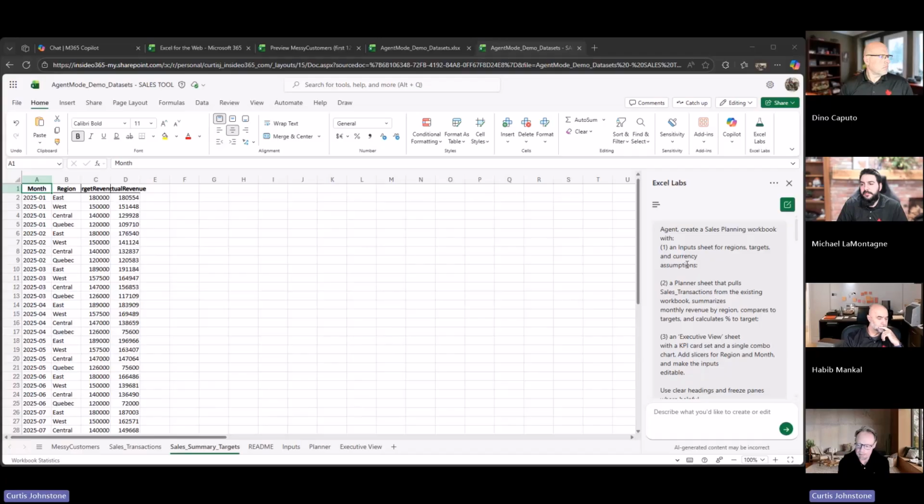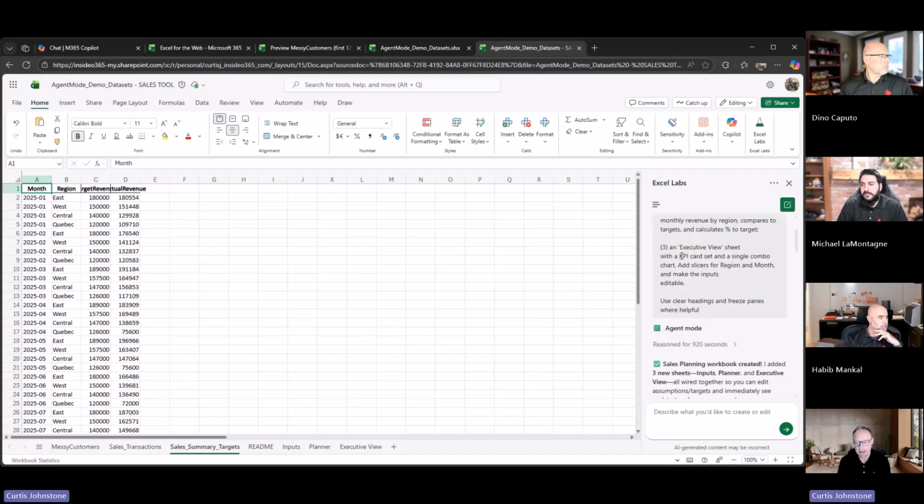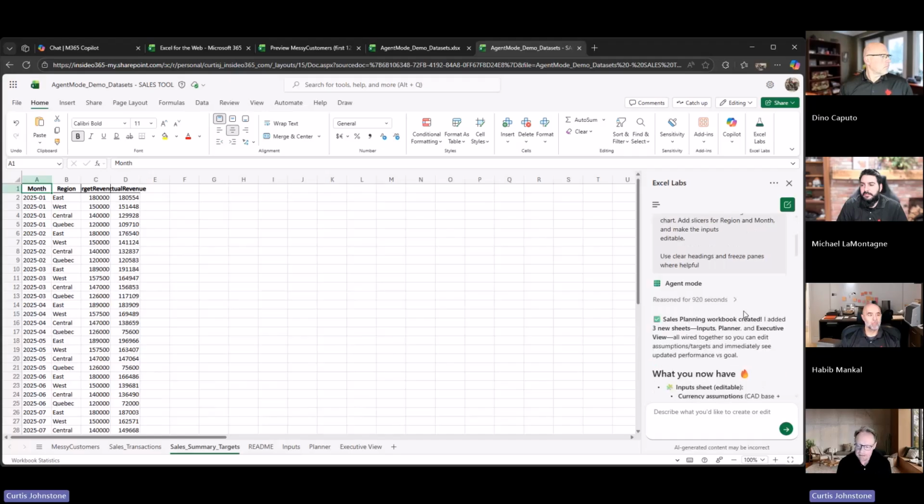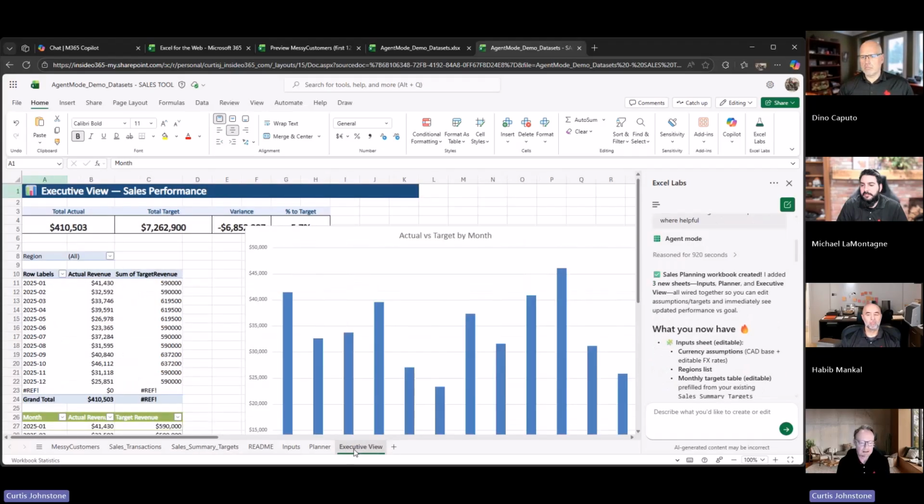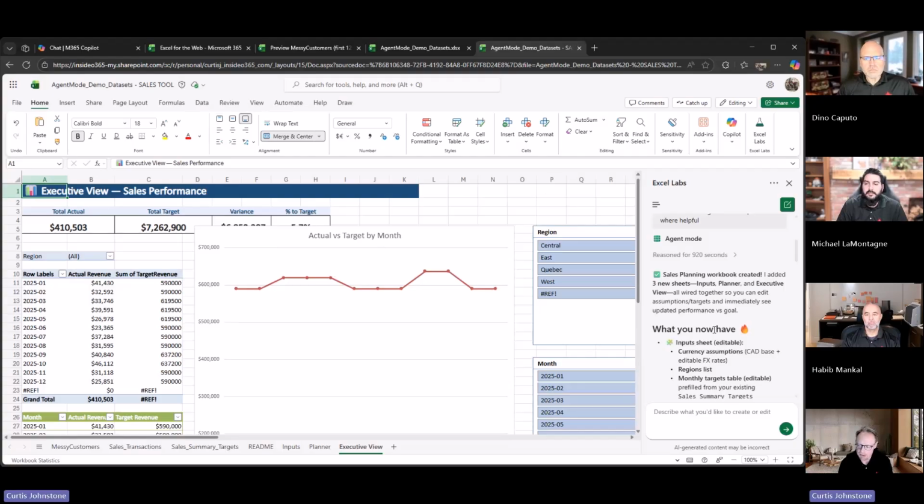And then to pull the data from the sales transaction sheet and summarize it by revenue. And then after that, create an executive view calculator sheet. So this will present a KPI card set with a single combo chart. And it'll actually create this calculator for us, which this went off. This one took a lot longer, closer to 8 or 9 minutes. And I haven't used this yet, but